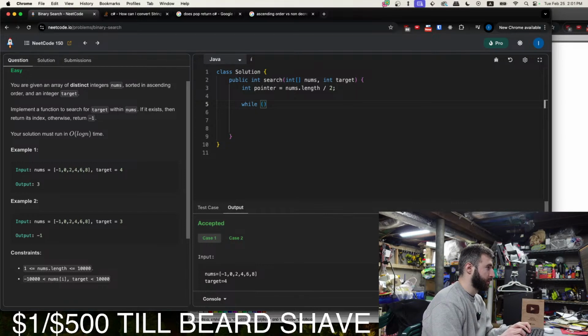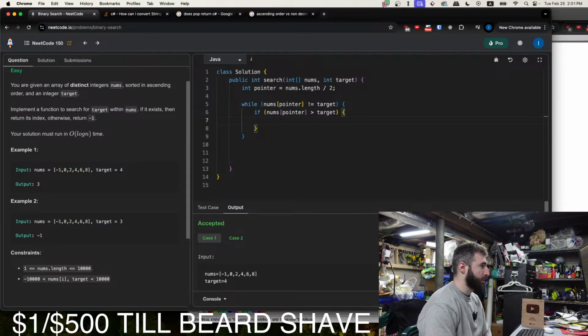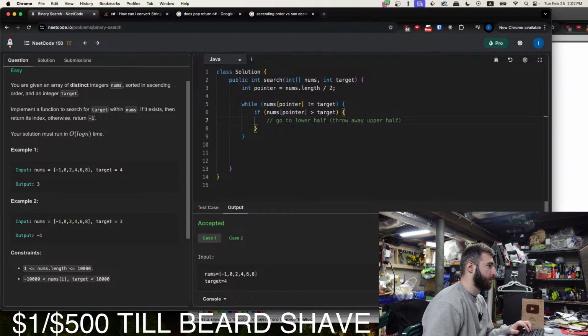All right. Okay. If nums pointer is greater than target, then we want to go to the lower half, which means throw away upper half. So all right.